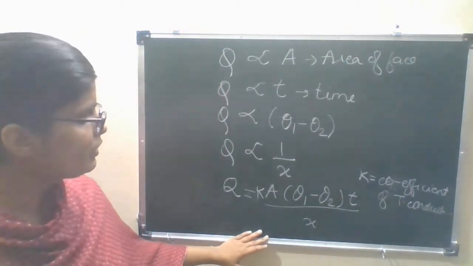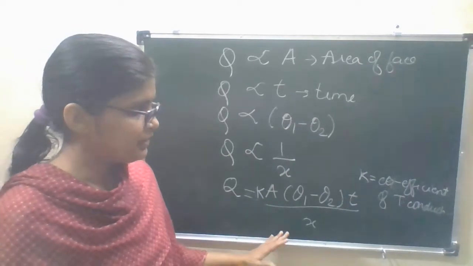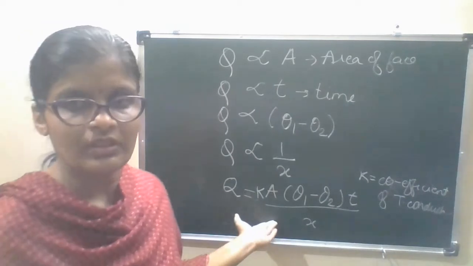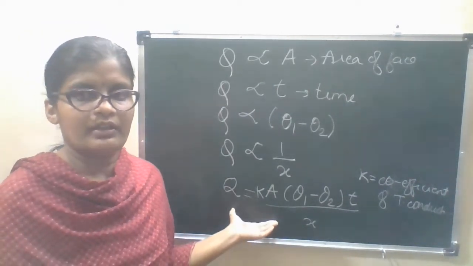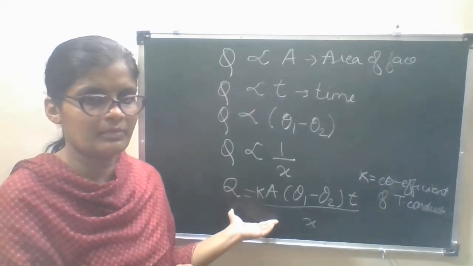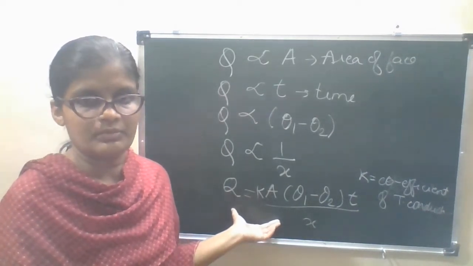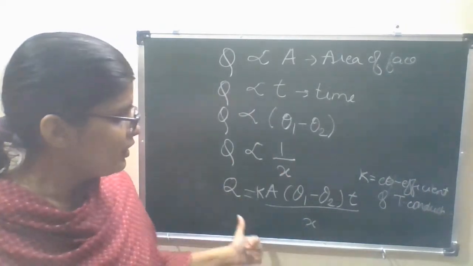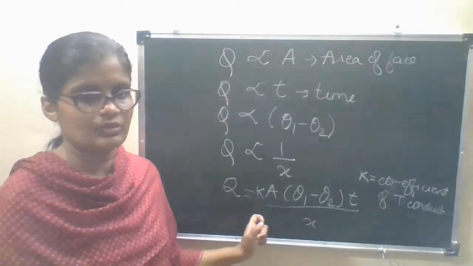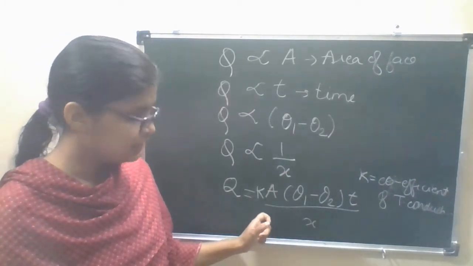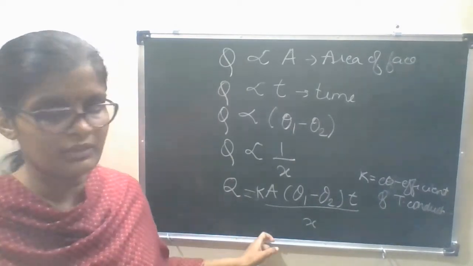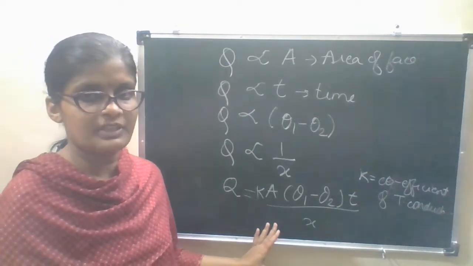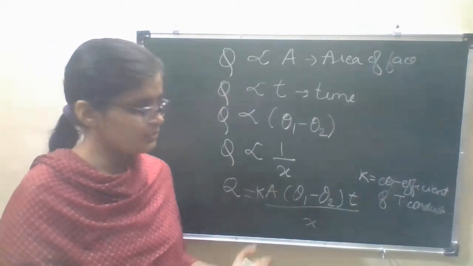Okay, so this was only the derivation. A small part remains, because we have not mentioned the units of measurement here, and unless and until we mention the units of measurement, the equation is not complete. Means the temperature, area, and all these dimensions are not mentioned yet. So we have to mention the dimensions, then only the equation will get the correct meaning. Now these are only the quantities. The dimensions, we will see the respective dimensions of the terms used over here.